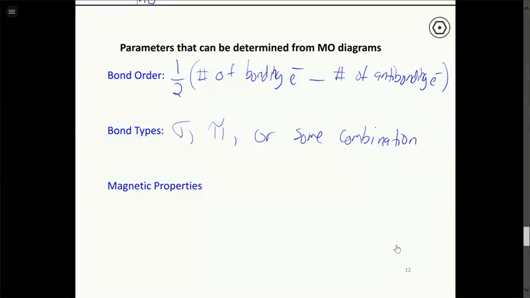And then the key one here, which is sort of what I introduced as why we even need this theory in the first place, is that we can now accurately predict the magnetic properties. So as I said, valence bond theory predicts diamagnetic for O2, which means no unpaired electrons. But if we use molecular orbital theory, we will correctly predict the magnetic properties each time. So the two magnetic properties that we can have are diamagnetic, which means no unpaired electrons,